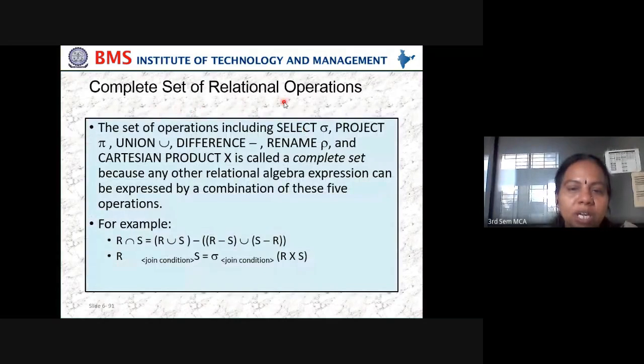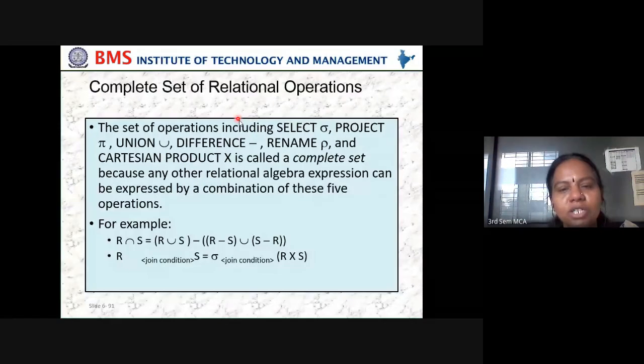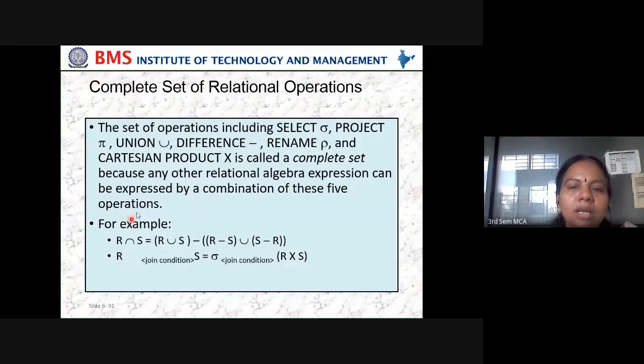Now the complete set of relational operations. The set of operations includes select, project, union, difference, rename, and Cartesian product. All these we call the complete set of relational operations. So what is this complete set? Using all these, we can do any sort of operation. It is called a complete set because any other relational algebra expression can be expressed by a combination of these operations. For example,